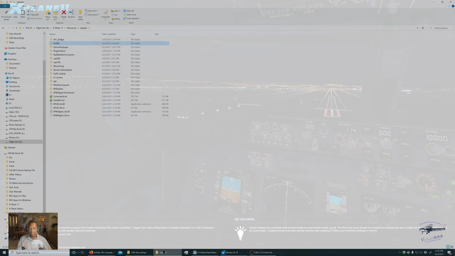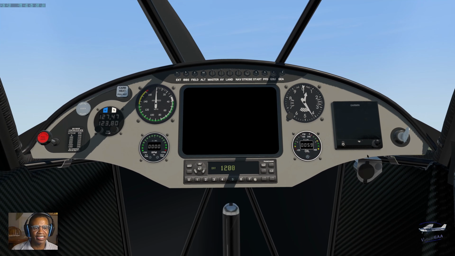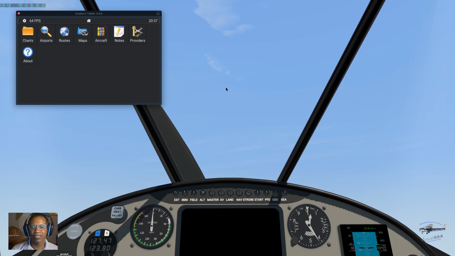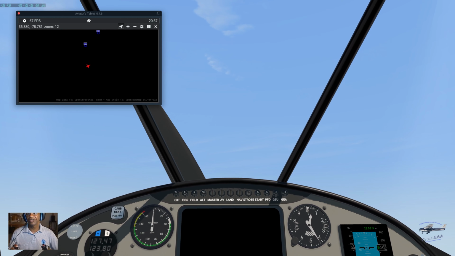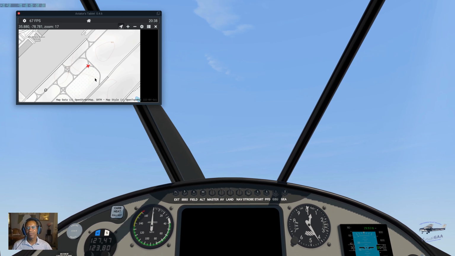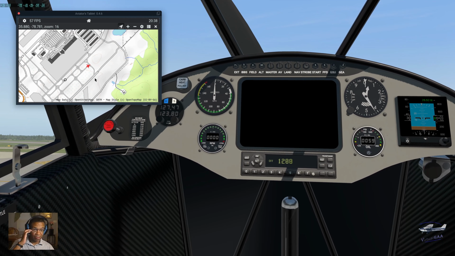And now I'm gonna restart X-Plane. Let's turn on everything again. And I should have AviTab here, toggle tablet. Okay, so here I am with the tablet, and I can get maps and so forth and so on. I think the maps actually download from the internet, so it does take a minute to load up. But anyway,